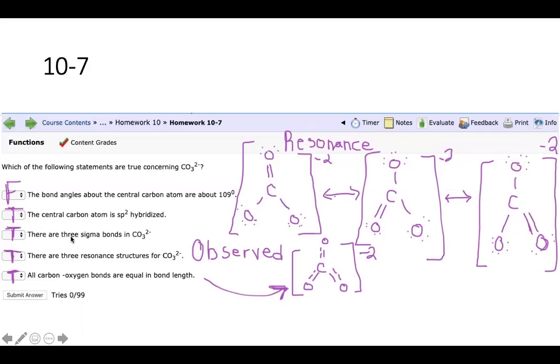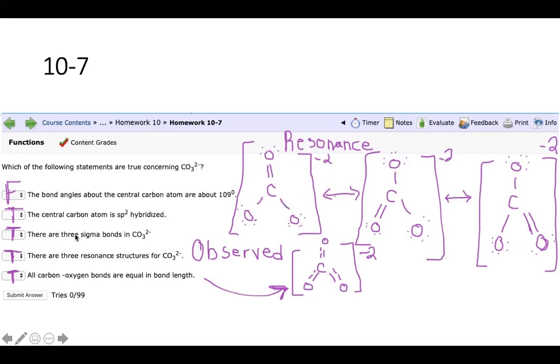For number 3, it says that there are 3 sigma bonds in carbonate. So we know that a single bond contains 1 sigma, and a double bond contains a sigma and a pi. So if we just count up the total bonds, we get 1 sigma, 2 sigma, 3 sigma, and that becomes